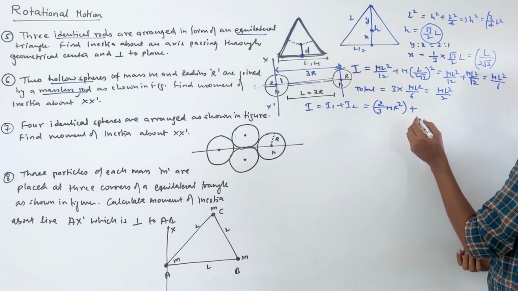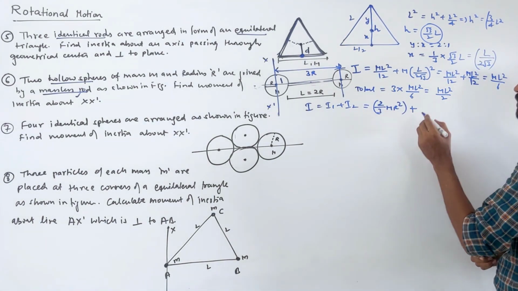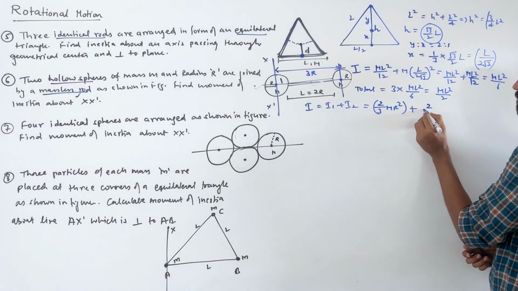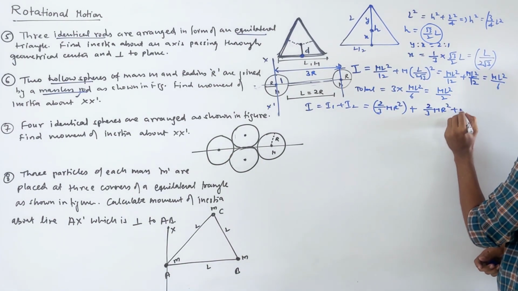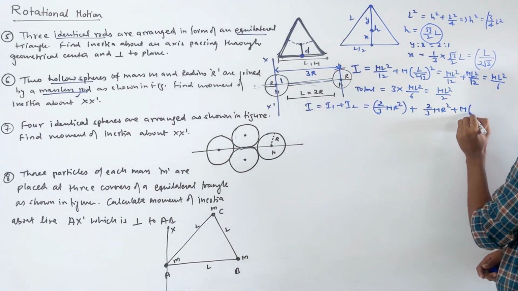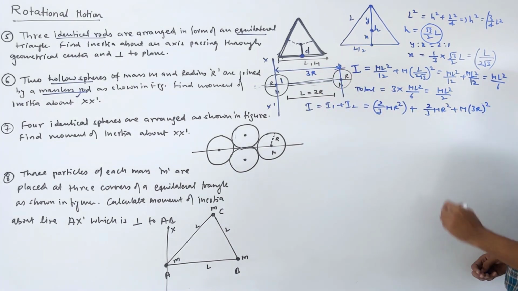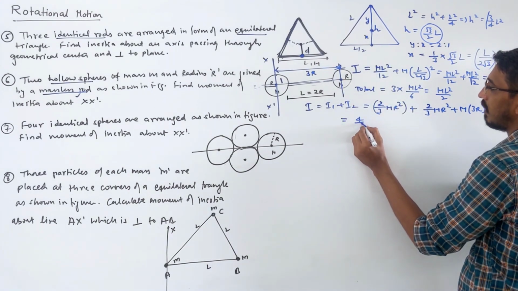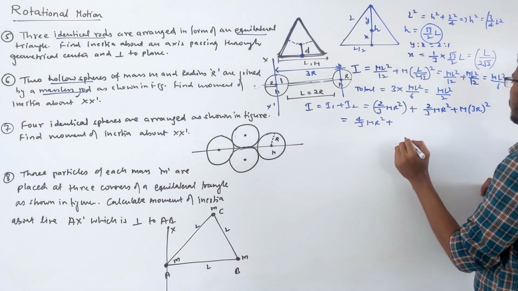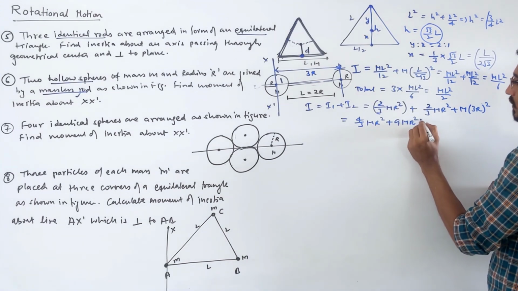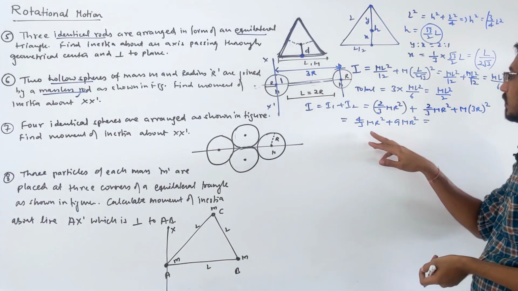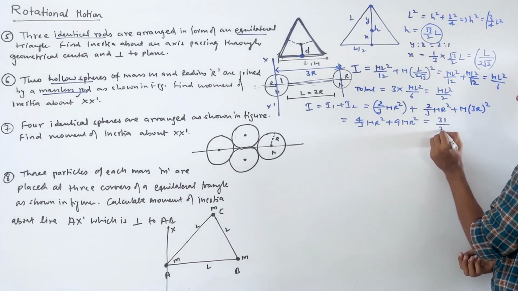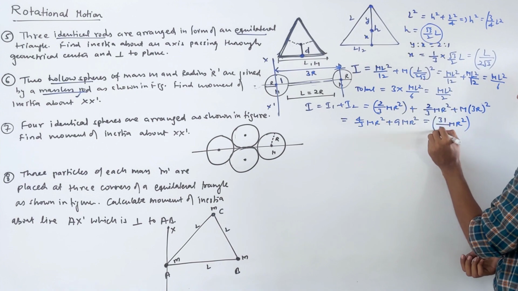So for the second sphere, what is the answer? We are writing the parallel axis theorem. So I is I_CM plus MD square. I_CM is again 2 by 3 MR square plus MD square. D means what? 3R, and the square of this number. Okay. So this becomes 2 by 3 MR square plus 9 MR square. Yes, so 27 plus 4 becomes 31 by 3 of MR square. This is the total inertia.